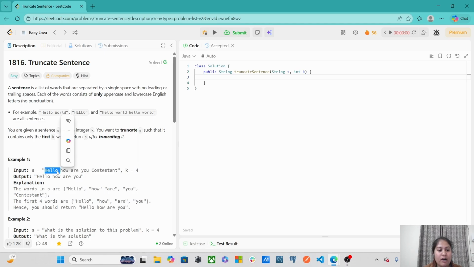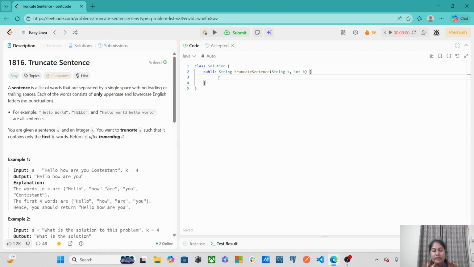After each word there is a space. So we count each character which is equal to space in our sentence s, and if the count of these spaces is equal to 4, we can return a substring of s from 0 to the index of the space character which gives us the count equal to 4, or k. This is my logic.